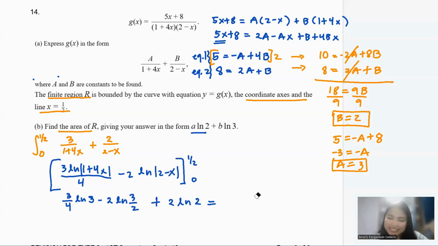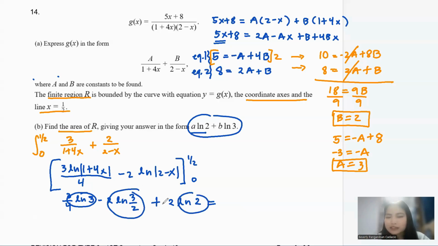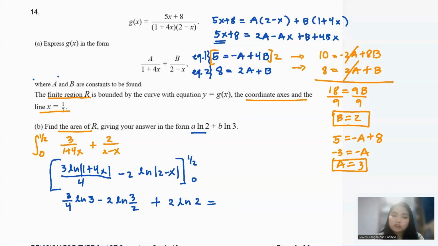Okay, now this is a little bit tricky, guys, because we need to follow something here. Meaning to say, I need to have ln3. I'm good to go with this ln3, and I have ln2, but this is the problem. Like, you have ln3 over 2. So, it means that you need to separate them. We can separate them, right? Because you know that if they are dividing, I can separate them into 2, and that will be minus.